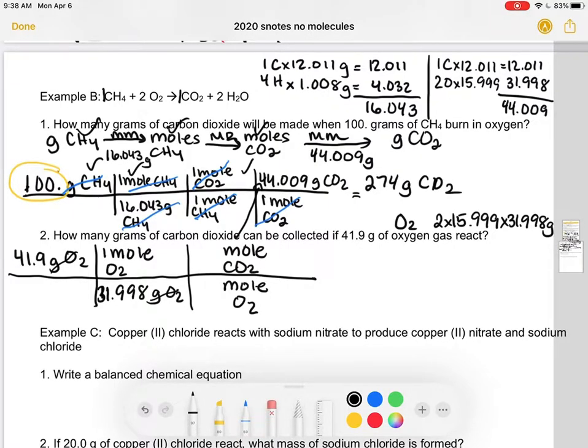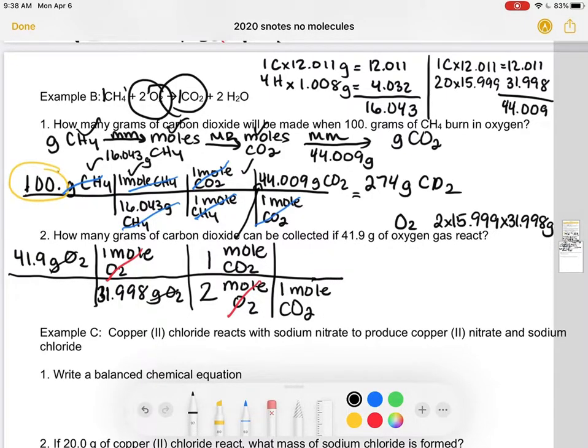Okay. Well, I've got, for every 2 moles of oxygen, I get 1 mole of carbon dioxide. So for every 2 moles of oxygen, I get 1 mole of carbon dioxide. Okay. And now, so I'm going to get rid of moles of O2. And now for every 1 mole of carbon dioxide,